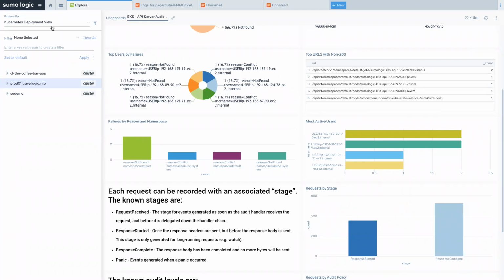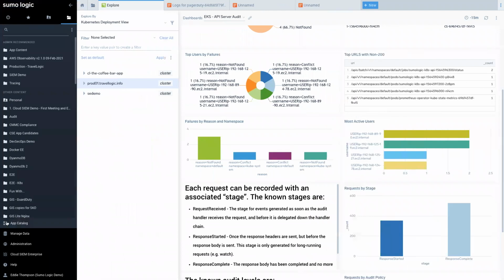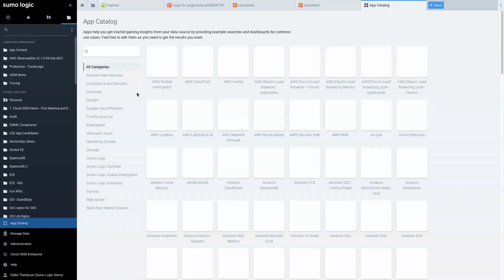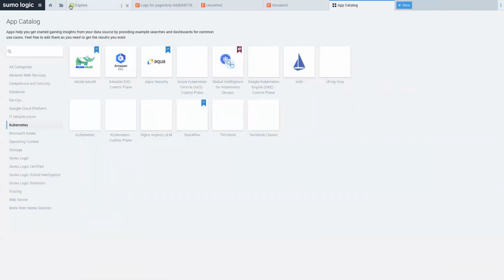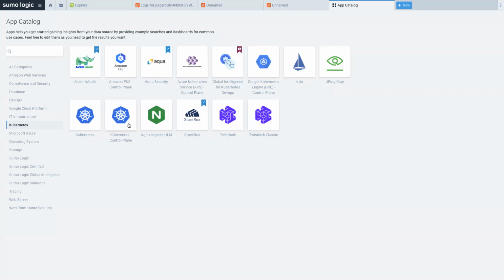And how we actually deal with that is within our app catalog. If you go to Kubernetes, you can see here that we have our Kubernetes app, but then we also have control plane apps for EKS, AKS, GKE, and a roll your own or standard. But a good example here too is some of the other Kubernetes ecosystem apps that we have.